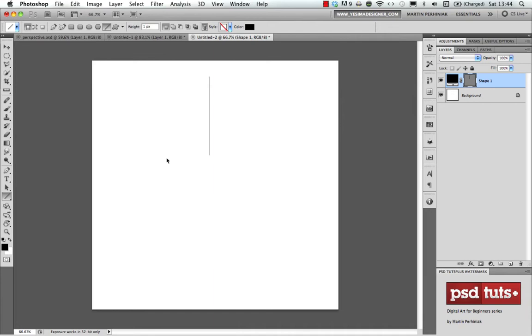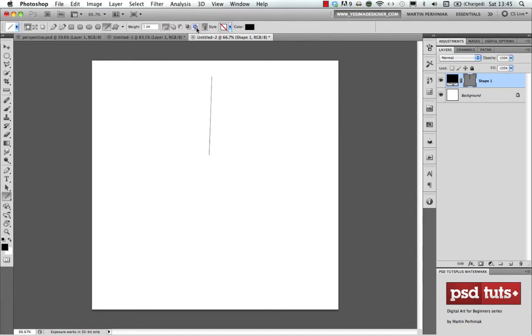Then I use again Command T, and I'm going to select this point here on the left, so this point at the bottom, which is going to be used as the base of the rotation. This is called the reference point. So I set the reference point in the middle at the bottom, and then I'm going to type in 2 degrees. That's the angle option here on the top, and I type in 2 degrees and I press Enter and